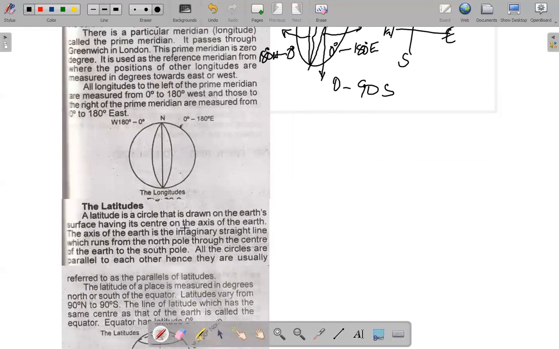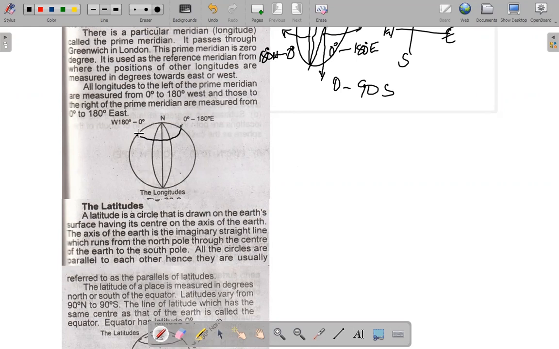The latitude is a circle that is drawn on the Earth's surface, having its center on the axis of the Earth. The axis of the Earth is the imaginary straight line which runs from the North Pole through the center of the Earth to the South Pole. This line like this is the axis of the Earth. So all lines of latitude, based on what this point is saying, is a circle drawn on the Earth's surface, having its center on the axis of the Earth. If I draw a circle here,